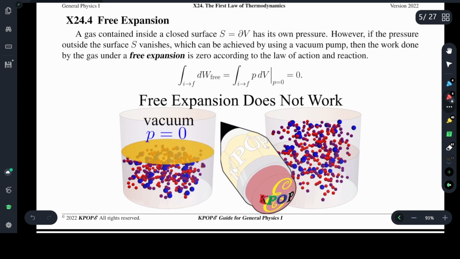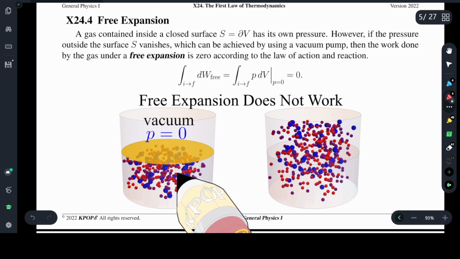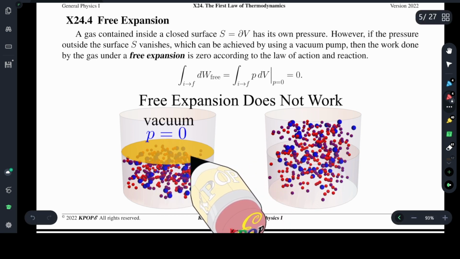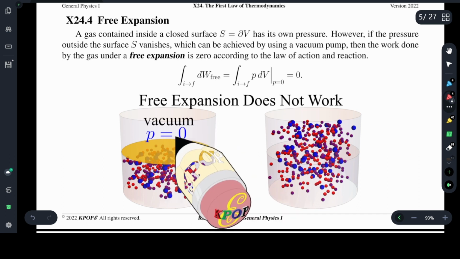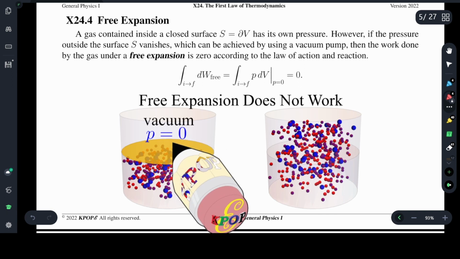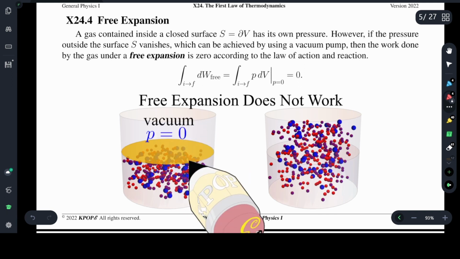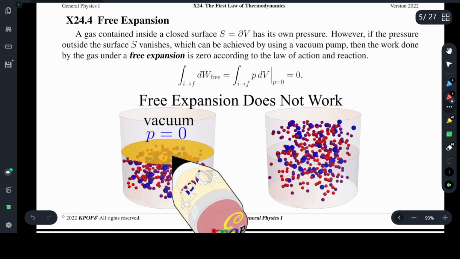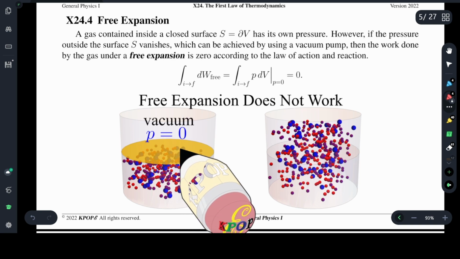Vacuum does not produce any pressure. The equilibrium is made by another force, but it is impossible for a vacuum to apply pressure against this gas. So I need another external force to hold this gas in it. And why don't we